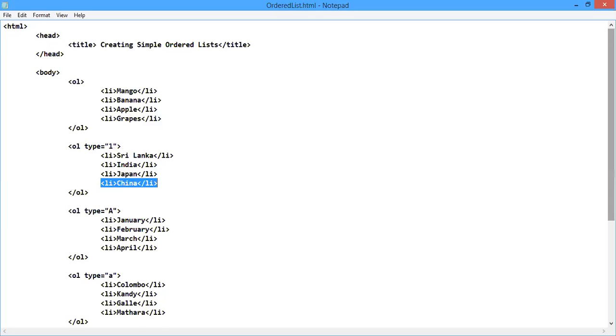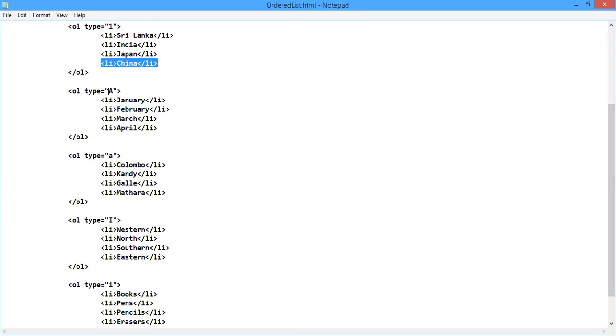Also, we can set the type value to capital A. Then the first one will be capital A, B, C, D, likewise. And simple a, then simple a, simple b, simple c, simple d. Here, Roman number I, so that means 1, 2, 3, 4, likewise. Here, it is using the simple Roman numbers.